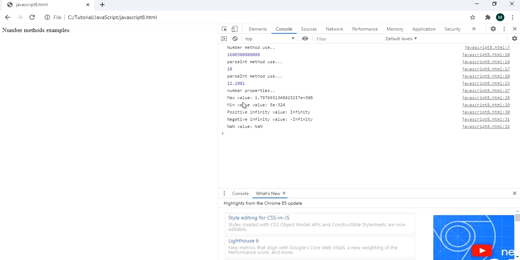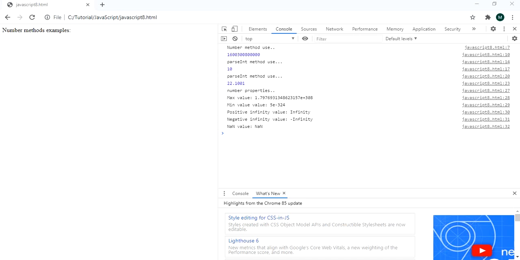So the maximum value will be this one, the minimum value will be this one, this is infinity, and this is negative infinity, and for NaN the value will be not a number. These are the properties that I have applied on the Number object, and we cannot apply these properties on variables.